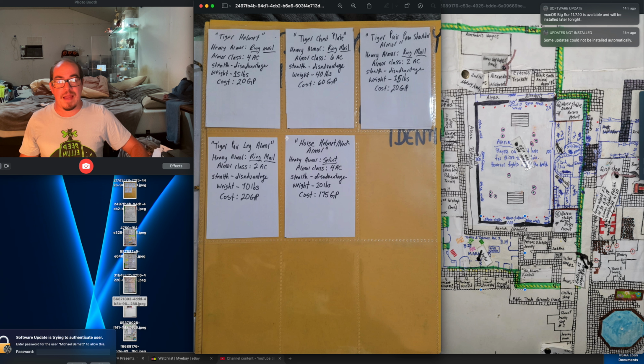And then here I have a horse helmet, the neck armor, heavy armor splint. I'm not sure what the splint means. I'd have to look. I'm sure it has some use that I put on it, but same thing. So cost 175 gold pieces, provides 4 AC. And I'll have to look into that more. But just to give an idea, that's how I'm building